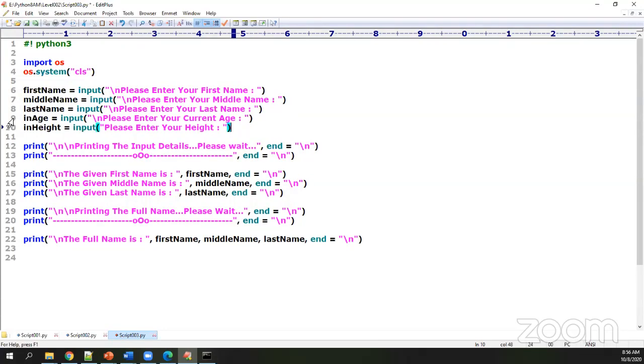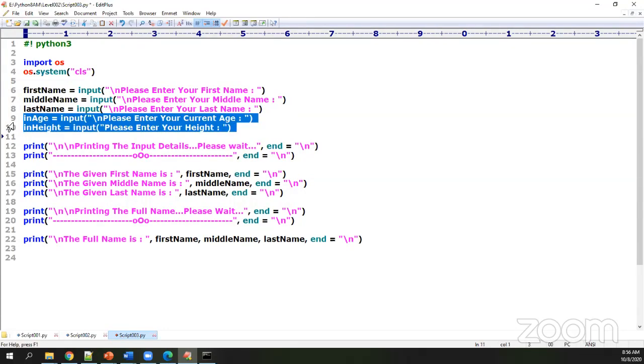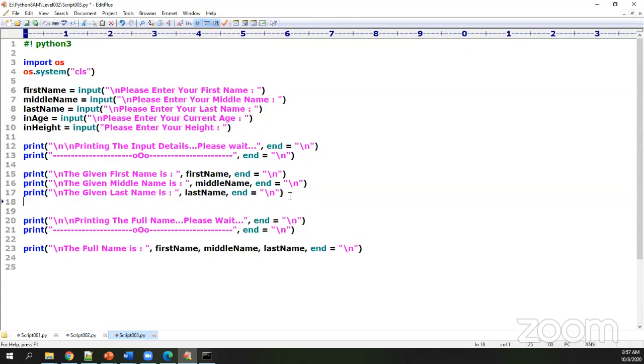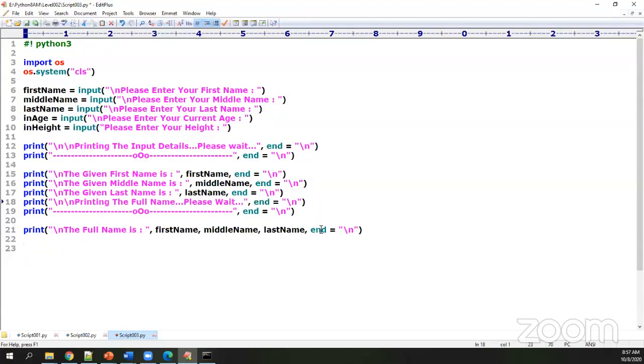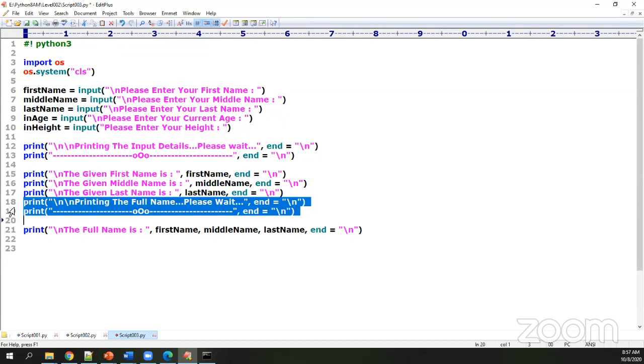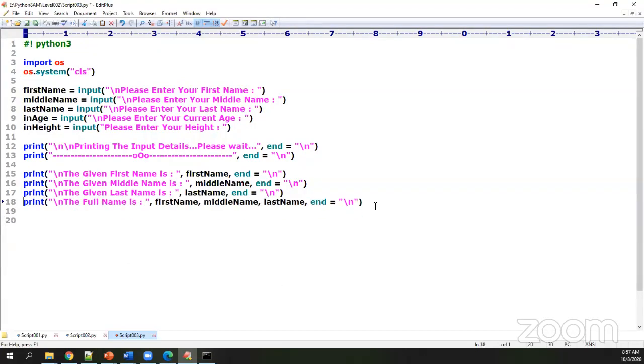Actually, in these two cases, I'm going to scan my numbers and I'm going to scan my strings. Tell me, by general declarations we'll generally scan the numbers, but input is by default scanning everything as what? As string. Now just don't worry about certain things. Now I want to concentrate on those cases. Now this will give me a full name. I'll remove this. That gives you a full name.